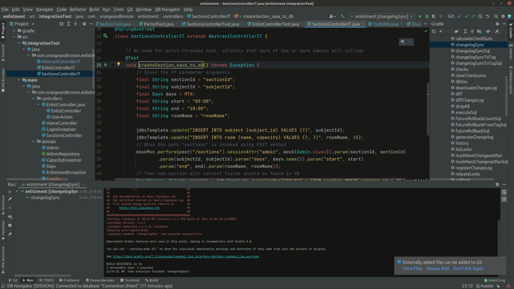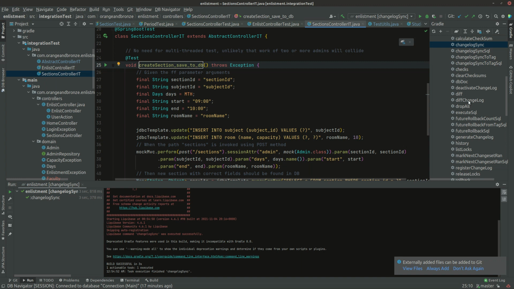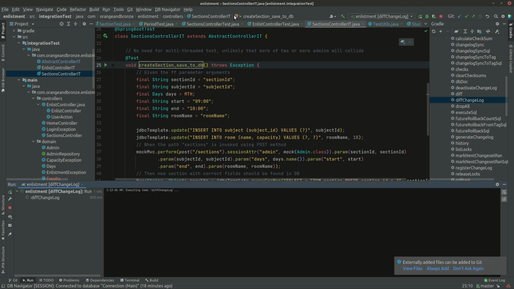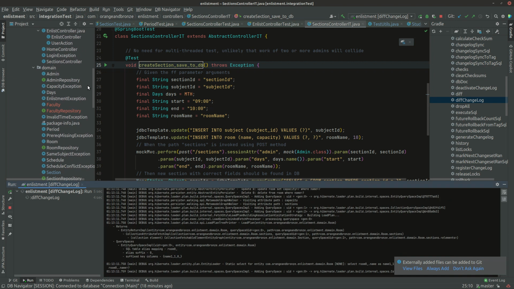So all right, we need to update using the diff changelog command. All right, so let us go to our Gradle file again and run the diff changelog. So if we go to our changelog again,